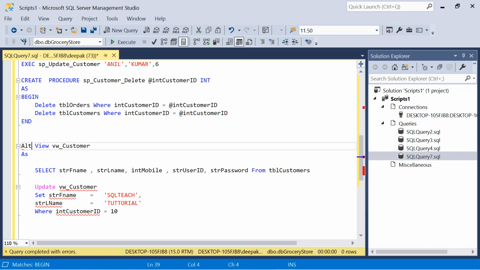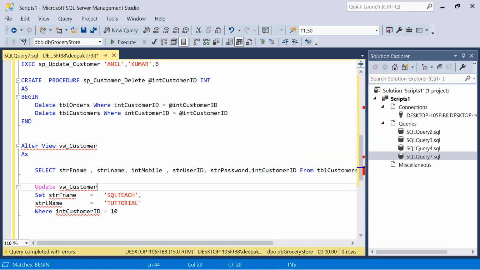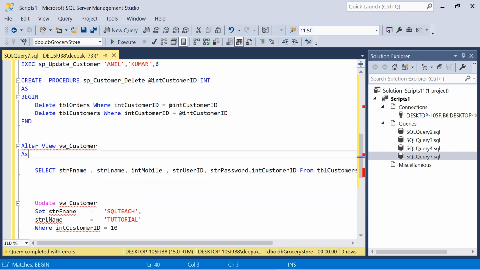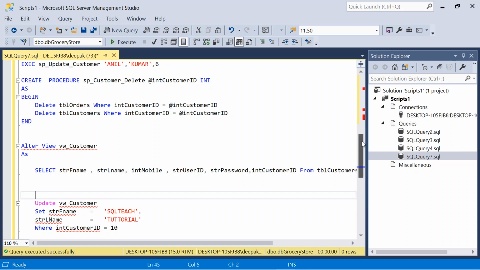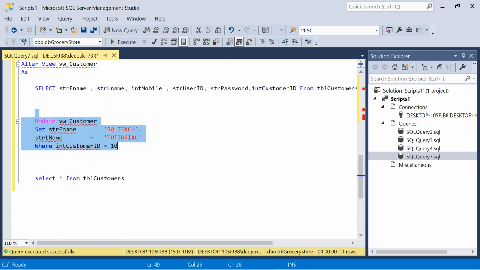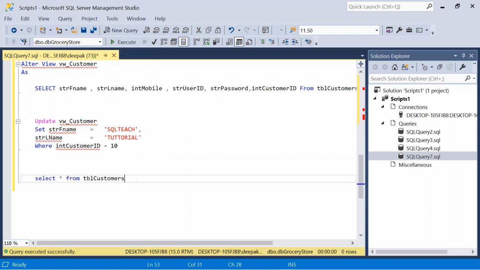I will use the alter statement. That's why I have added the customer ID. Here we go. It is updated. Let us see what happened in the table.